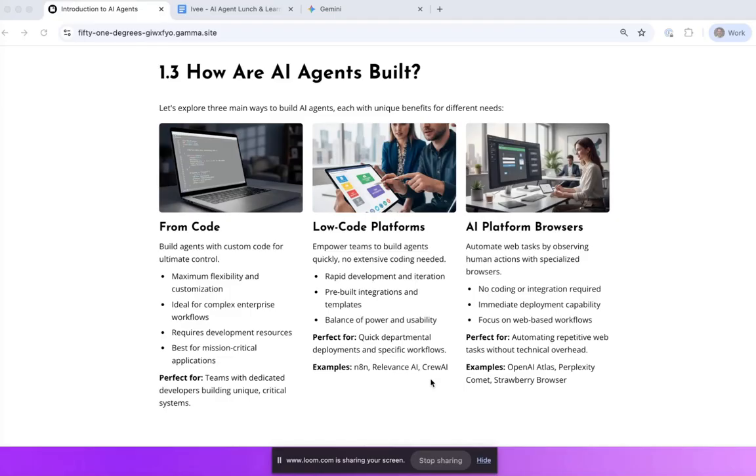Sadly, they do have a wait list. I don't know whether that's trying to create the feeling of exclusivity or not, but anyway, there is a wait list. So I urge you to join the wait list, and it's a really, really simple process to build AI agents within a browser technology. All of this will make a little bit more sense as I go on, I hope. So that third way is, essentially, using AI browsers to produce AI agents within that piece of software.